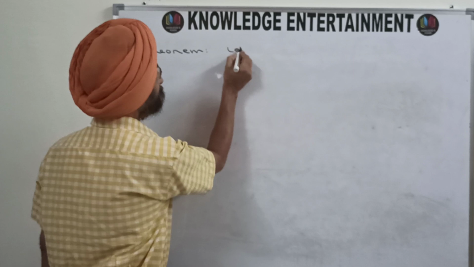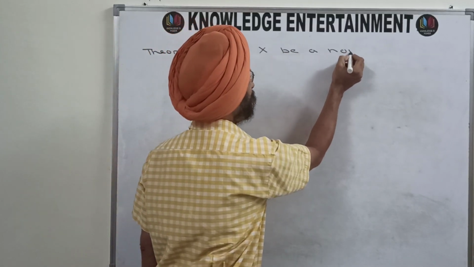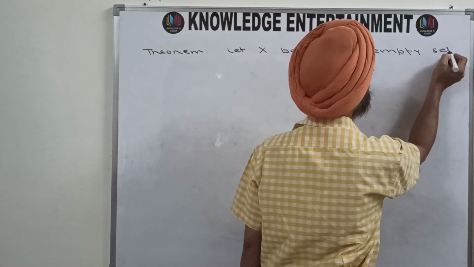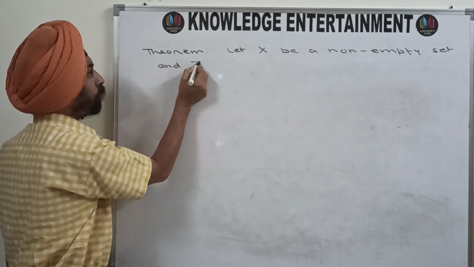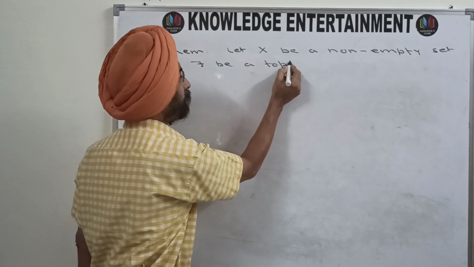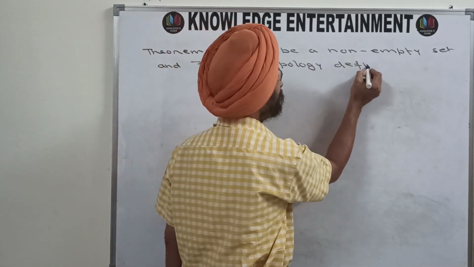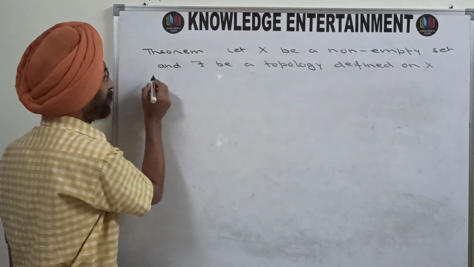Let X be a non-empty set and tau be a topology defined on X, then